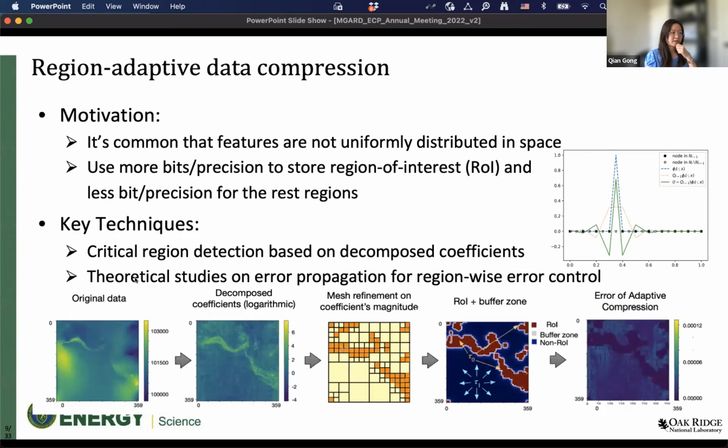So just like the cyclone and atmospheric river, features of interest usually are not uniformly distributed in space. In such cases, we hope to use more bits to store the region of interest and fewer bits for the rest of the regions. This figure shows the pipeline of our region adaptive compression. So this is the generic approach,